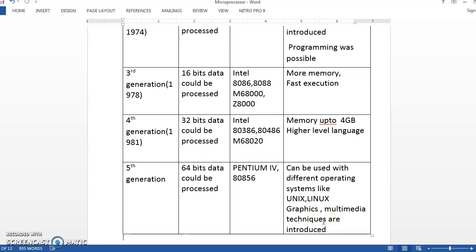There were many characteristics. So when a question on the evolution of the microprocessor comes in the theory paper, it is a maximum 3 or 4 marks question. You have to mention the generation, the number of bits, the examples, at minimum 2 examples, and the characteristics. You will find more characteristics in the Intel x86 family chapter. So when you do that chapter, you can add more characteristics in this part.